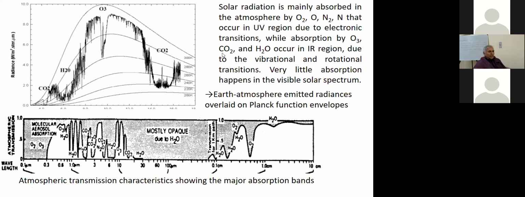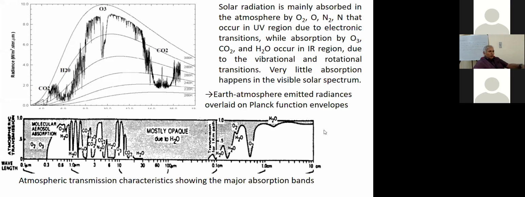So again, solar radiation is absorbed in the atmosphere by the oxygen molecule, oxygen atom, nitrogen molecule, and nitrogen atom in the ultraviolet part of the spectrum, and there is also absorption by ozone, CO2 and H2O in the IR region. So ozone has a